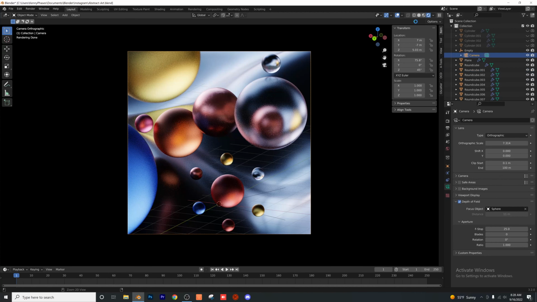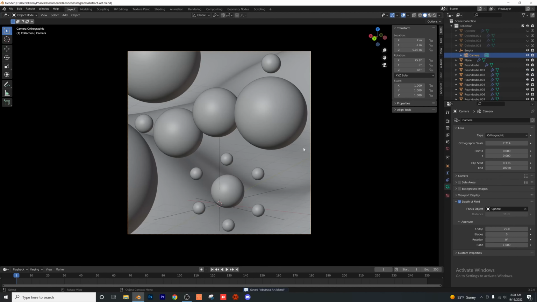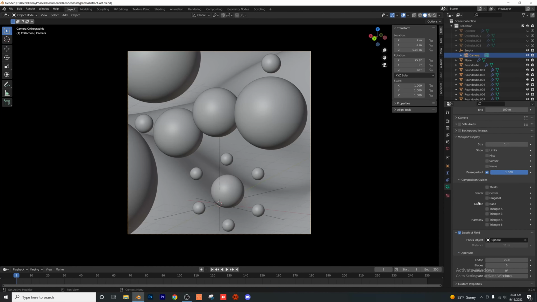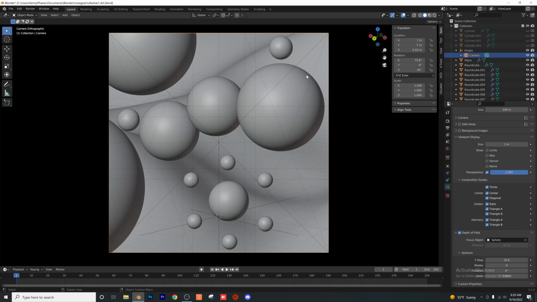So let's go to our camera real quick. I want to show you guys a quick cool setting here. I'm going to go to my solid view. If you go to viewport display, composition guides, you can click on these different guides. I hope you can see this on your screen. I'm just going to snap all of them on there. There are these lines that go across and they allow you to adjust things compositionally to make them look